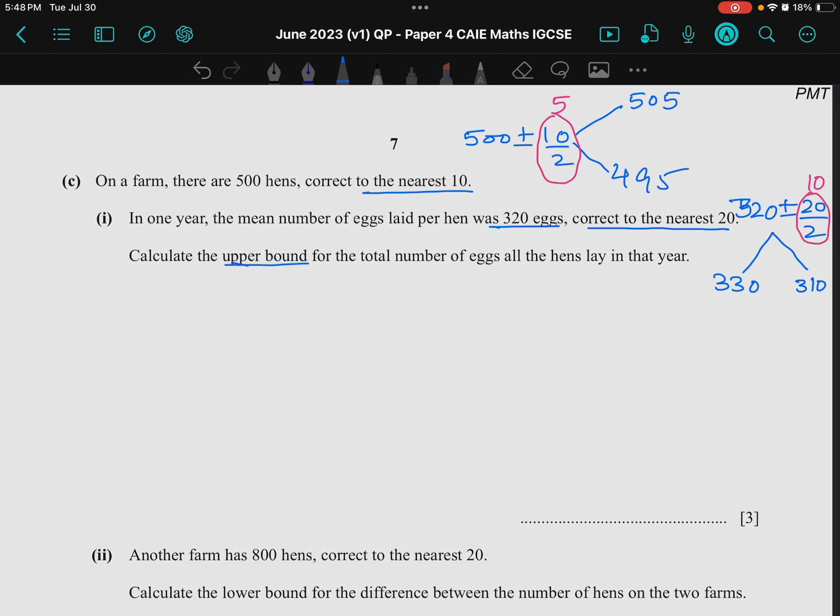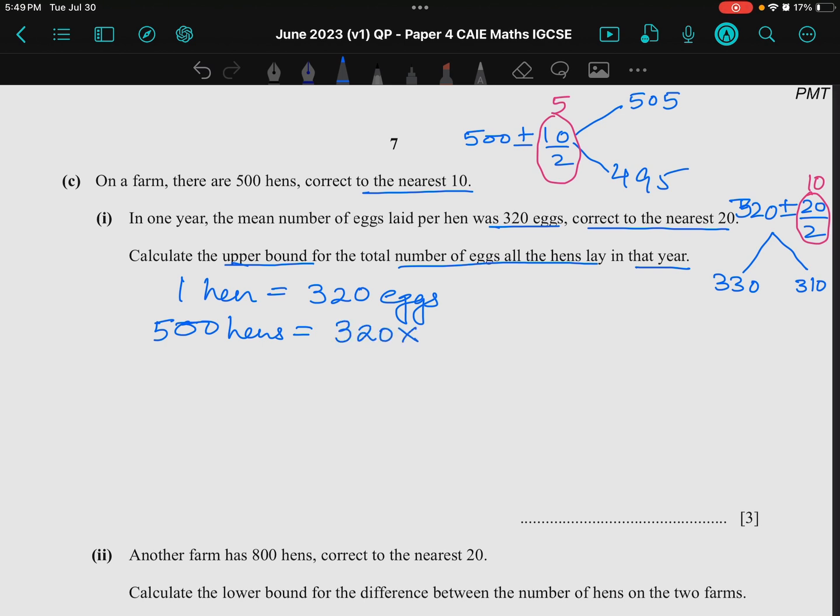So calculate the upper bound for the total number of eggs all the hens lay in that year. So one hen is equal to 320 eggs. In 1 year, the mean number of eggs laid per hen was 320. So, 1 hen is equal to 320. So, 500 hens is equal to